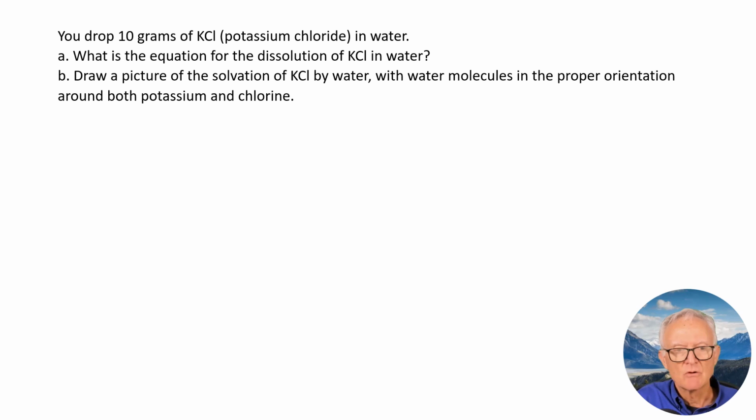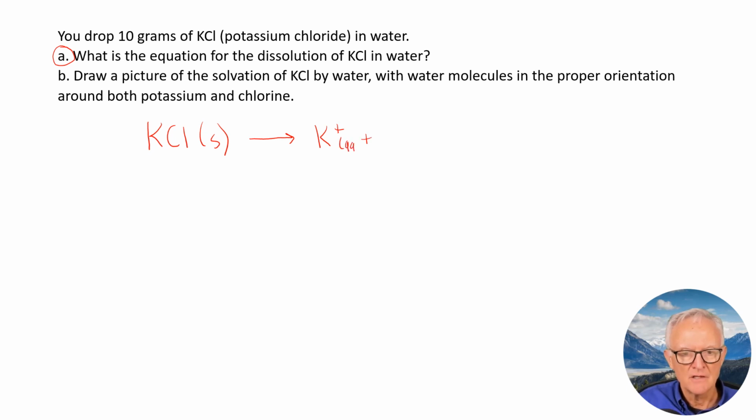We dropped 10 grams of potassium chloride in water. So the first part is, what is the equation for the dissolution of potassium chloride in water? And we looked at similar equations a couple of times in lecture. So we have KCl, and it's a solid, and when we put it in water, it is going to dissociate into potassium ion, aqueous in water, plus chloride ion, and that is also aqueous,